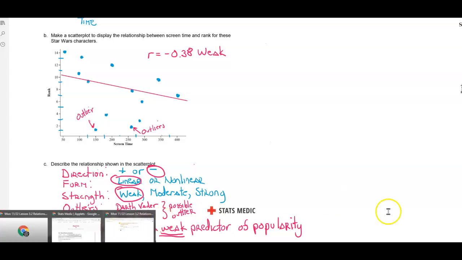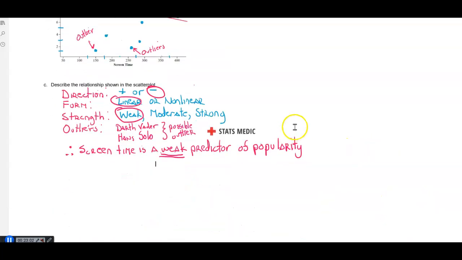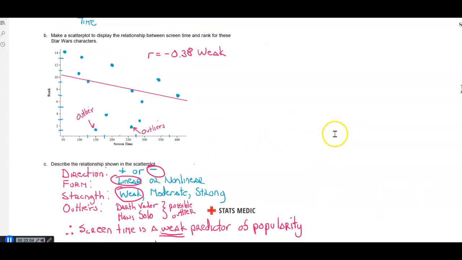Okay. All right, guys, that took just longer than I thought. So we'll start with the notes for tomorrow. Tomorrow we go in depth at looking at this correlation coefficient. Okay, that's it for